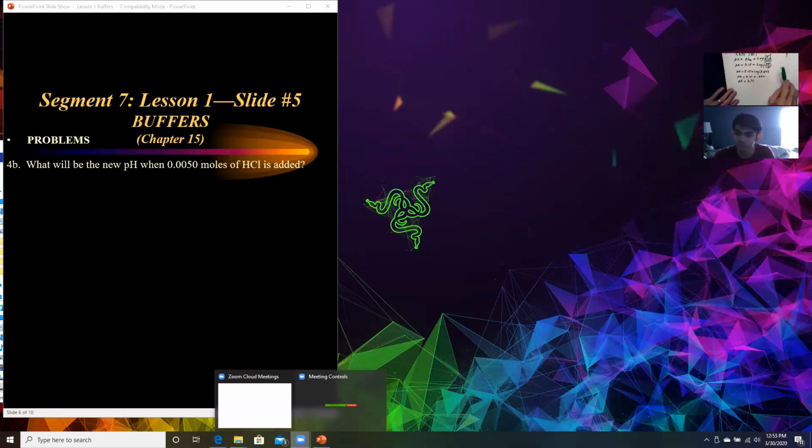And when the acid is added to it, we're going to use this same sort of equation, and the concentrations that we had from